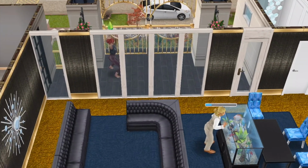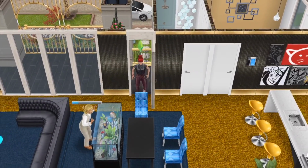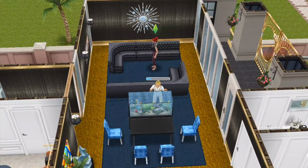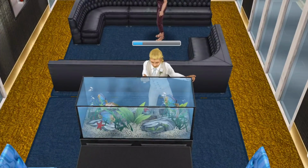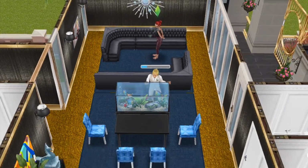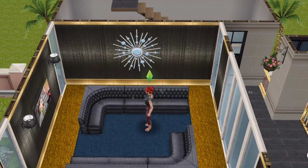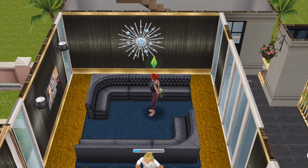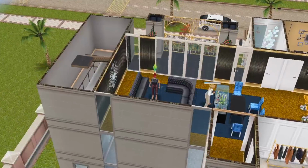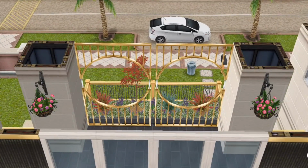So again, we have a great view of the front part of the house from inside with all those windows. You come in through the front door and his living room is in exactly the same position. So this is Matthew. He loves fish. That's what he has as a center focal point as you walk into his apartment. And I felt that the colors here worked brilliantly, and I basically wanted it to have that masculine feel once you walk in. The black and the gold rug work well together, and he also has a floral chic balcony